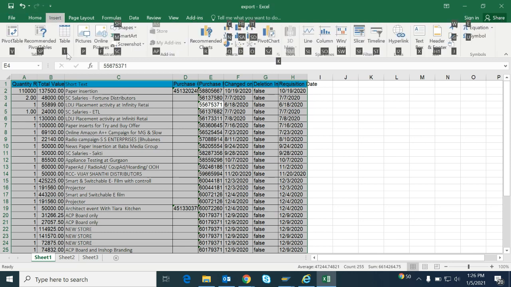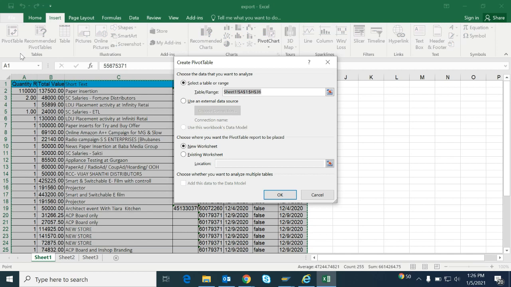Now for the pivot table we have V as an option. So I will press V. Now the pivot table window has come, where it asks for the range of the table. The range gets auto selected because I have already selected with Control A.